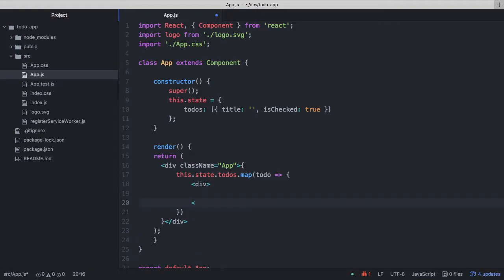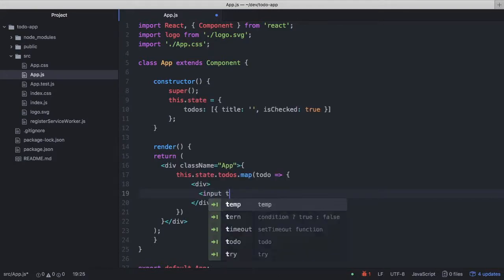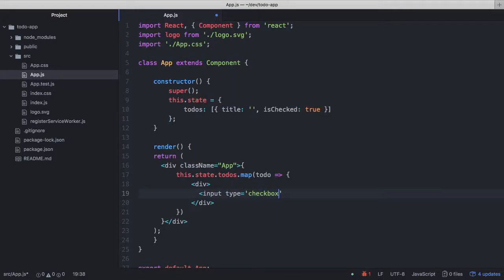I don't have any kind of auto close tags, which also makes me feel uncomfortable. But then I'll try to do my best. So input type. You remember we did that on Friday, right? It was very painful to do these kind of things with vanilla JavaScript. Now it's very easy. So todo dot is checked, and then that should be the input, and then we got